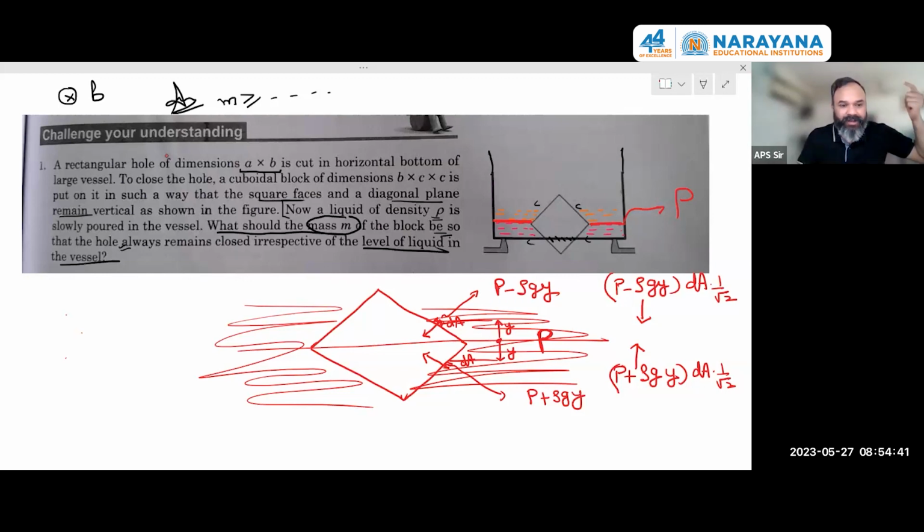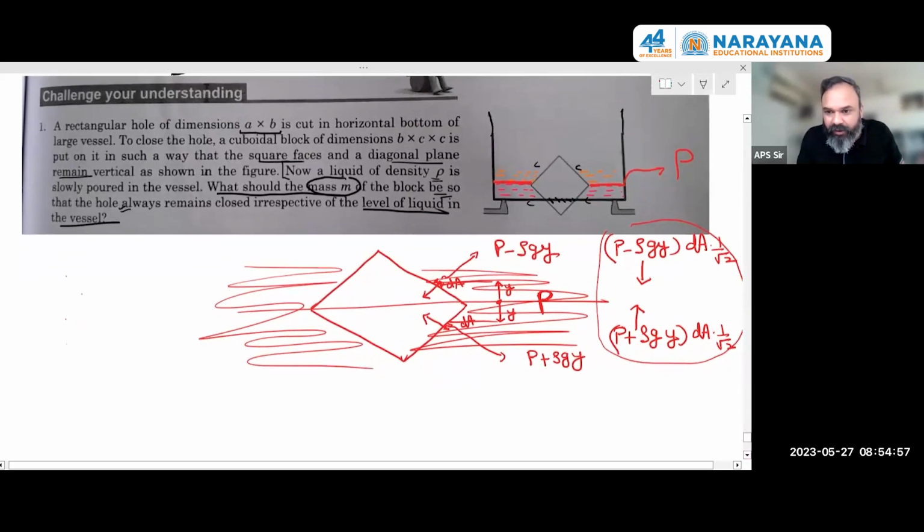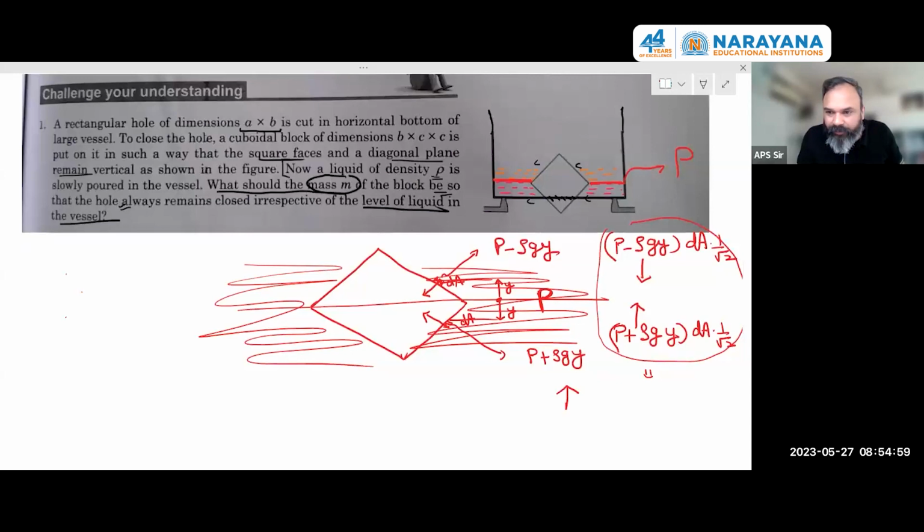So now the question changes in terms of zero pressure at this level. The feeling is like this. And you go equal distance up and you go equal distance down. So you understand that practically this term converts into something which is upward. And how much is that? It is like dA by root 2, that term is common. I'll have a rho gy term and I'll have a twice of that, because that is negative. So twice of that. So practically what is happening is,